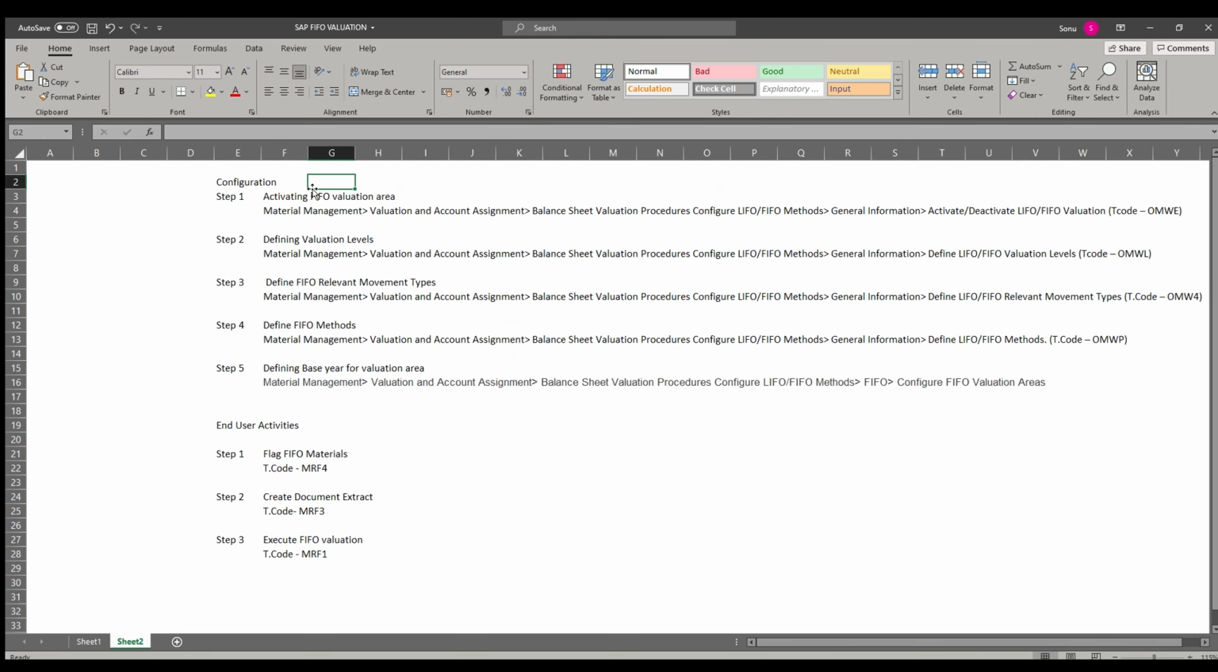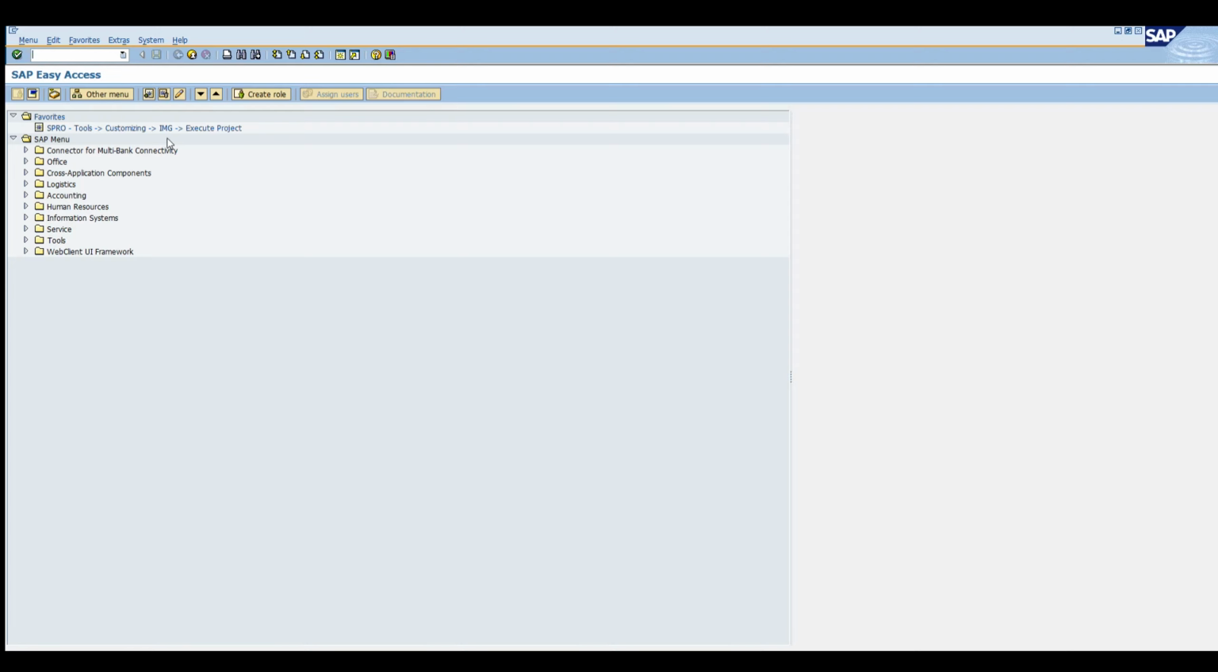In SAP, we'll see how to do the configuration, and also we'll see the end user activities and the testing part. So moving to SAP, now we can begin the configuration part. The first step is activation of the FIFO method. I've given the IMG path over here. You can refer to the IMG path, or you can directly use the T code. So I will be using the T code